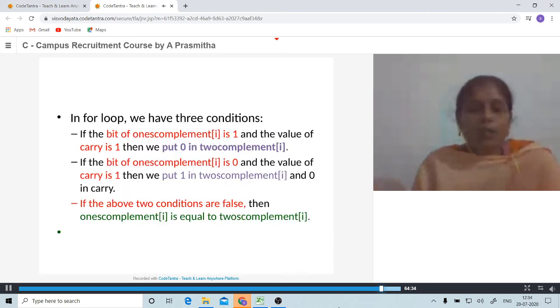So now let us see this in code. I am sharing the editor. There I will show you the program and we will run it and check whether it is working or not.